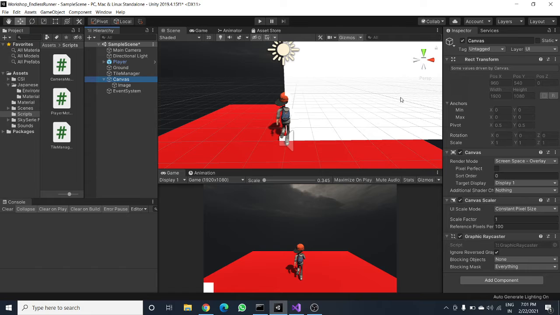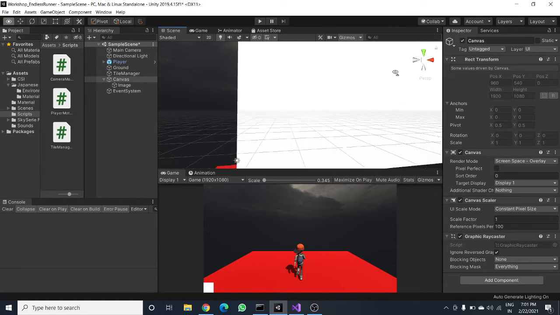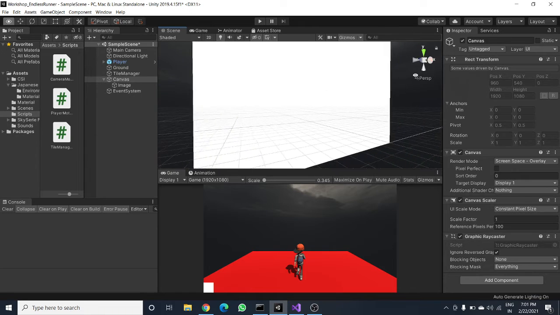The Canvas is the place where all the UI elements will be rendered, and it has layers. The entire game is full of layers, and the first layer the user sees is the UI layer. You can see this white background, this is the entire Canvas.